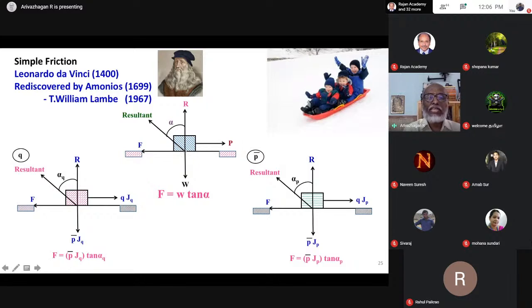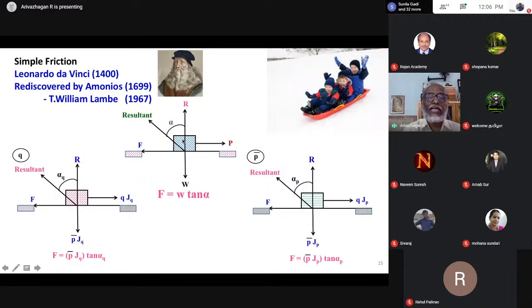So here a surface, the body is placed here. That is a rigid body. The weight of the body is W. I apply the force P here. So due to that, the surface reaction is perpendicular to the surface of contact, the normal reaction R. The particle has a tendency to move in this direction, therefore automatically frictional force is acting opposite to the motion of the particle. That is the frictional force. It is the same simple, basic frictional concept.